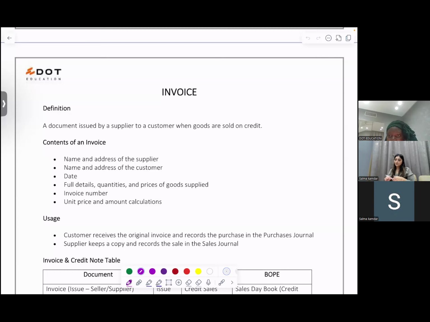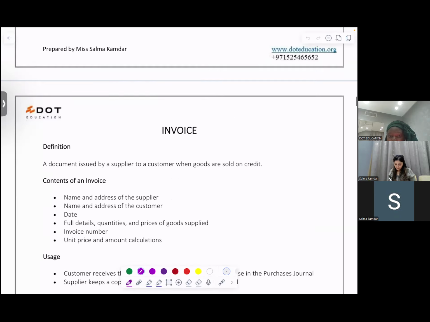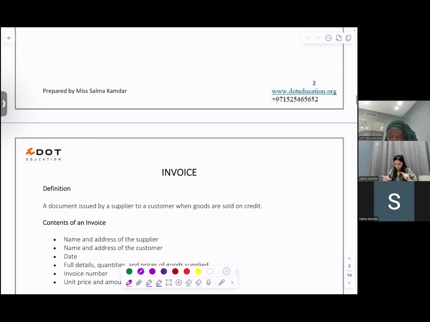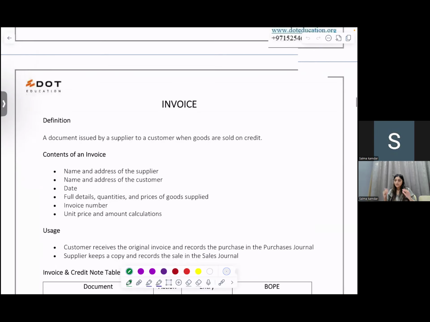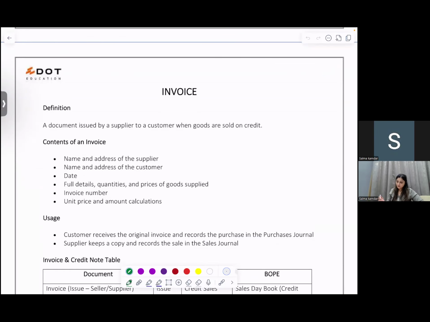We already know what the business documents are. So let's do a quick recap about the business documents. Before we start with business documents, you should know the accounting process. What happens in an accounting process is that the very first thing that happens is that a transaction takes